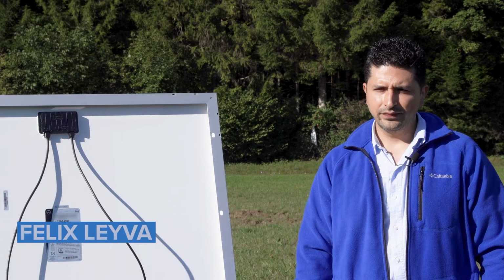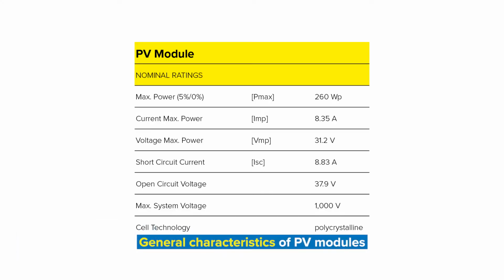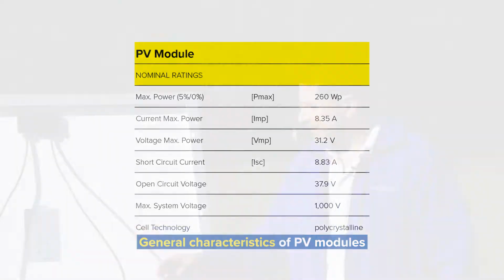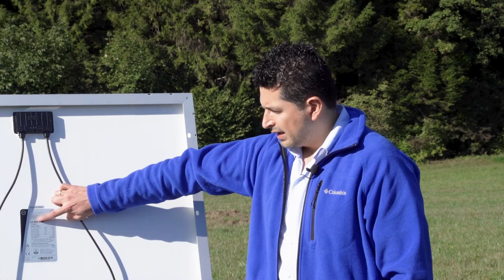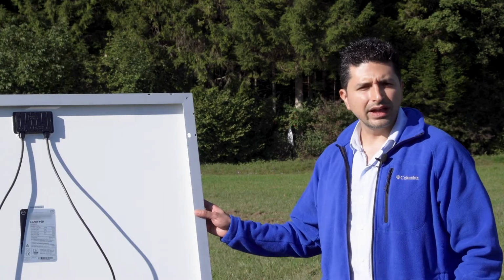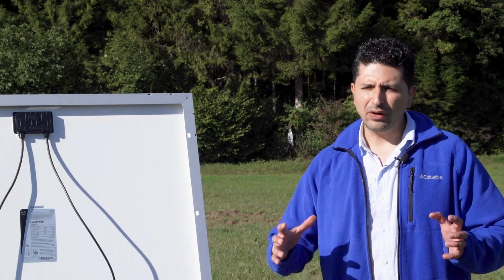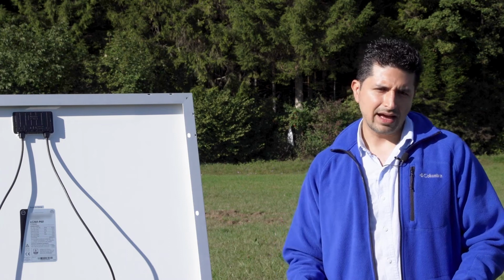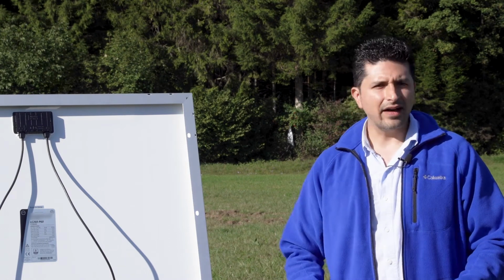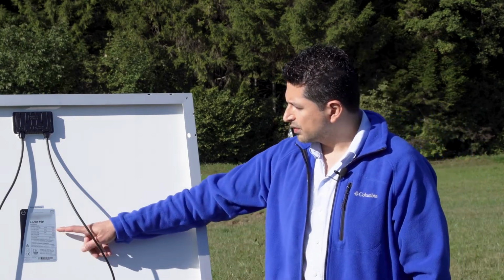Each PV module has different electric characteristics. We see here in this case that this PV module has 260 watt peak power. What this watt peak power means is that this PV module can produce that at standard testing conditions. This means with 1000 watts per square meter and 25 degrees Celsius at a maximum voltage, it will produce 260